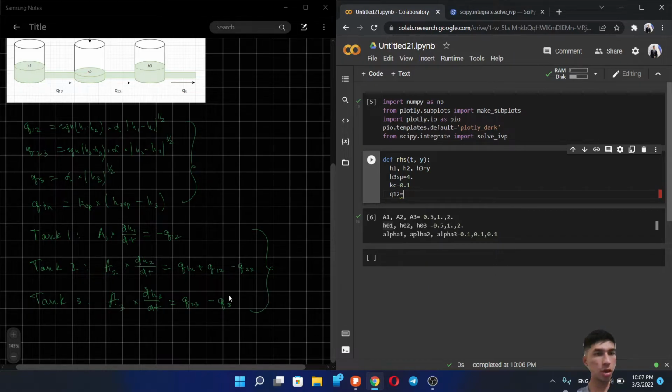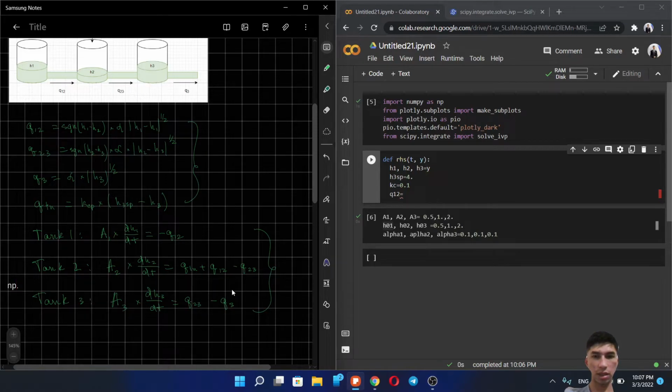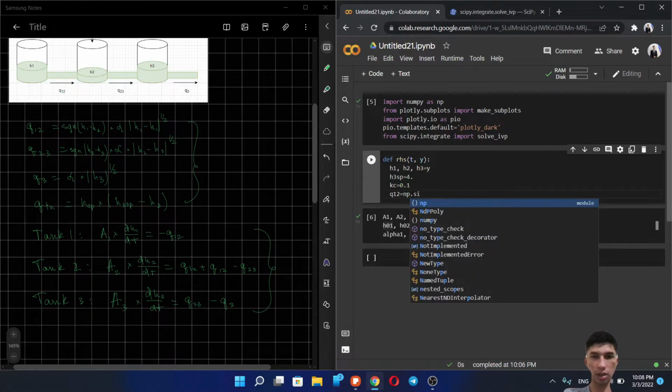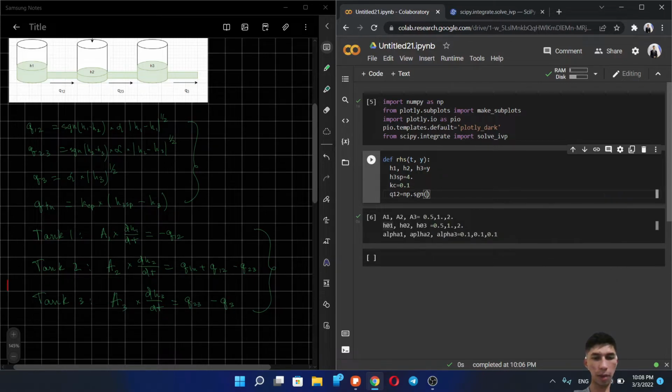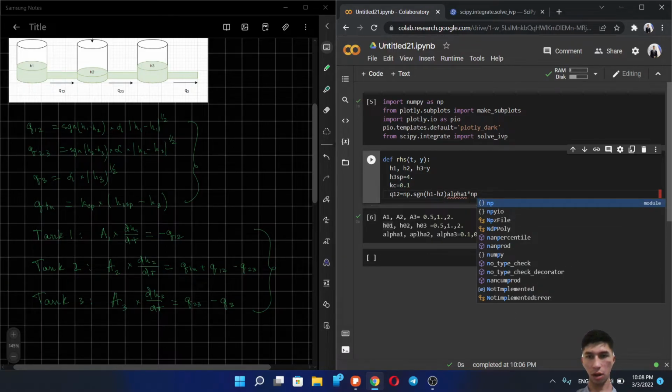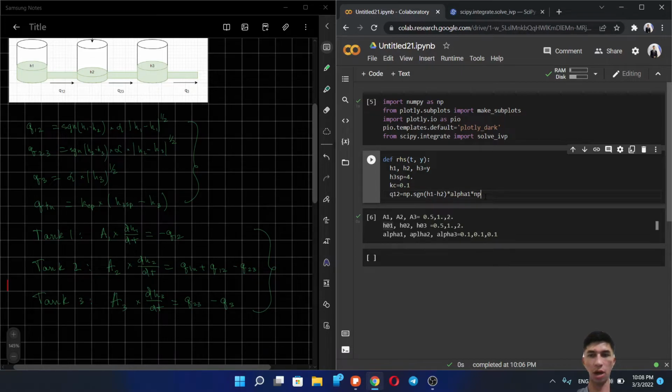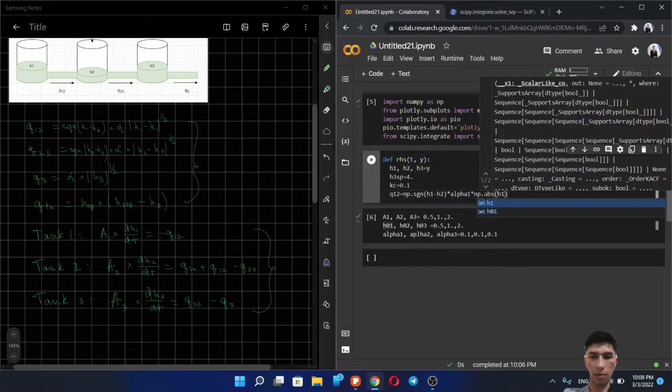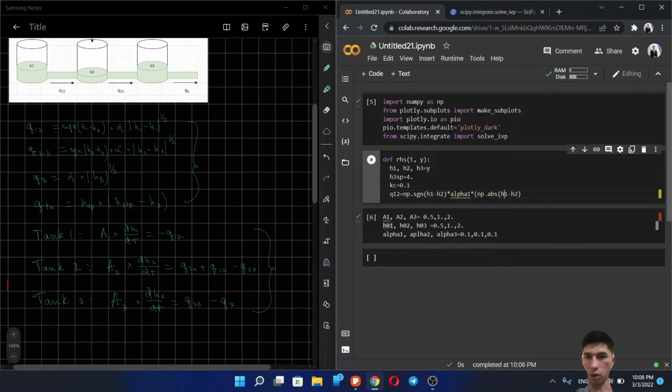Q12 is going to be equal to np.sign of H1 minus H2, multiplied by alpha 1 times np.sqrt, so here we forgot the multiplication. np.abs of the absolute value of H1 minus H2, and we're going to take a square root of it,